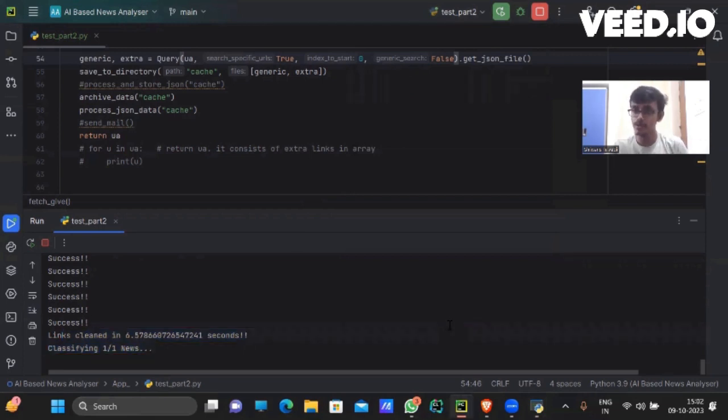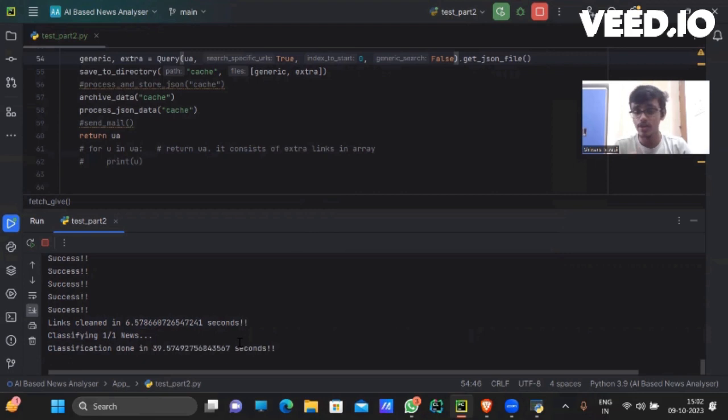And once the content is cleaned, then we will classify whether the news belongs to any department, but for the prototype, we have restricted it to home ministry, education ministry, and so on. So as you can see, the classification process is going on. Then we will be testing the sentiment, right? Whether it's positive, negative, or neutral news.